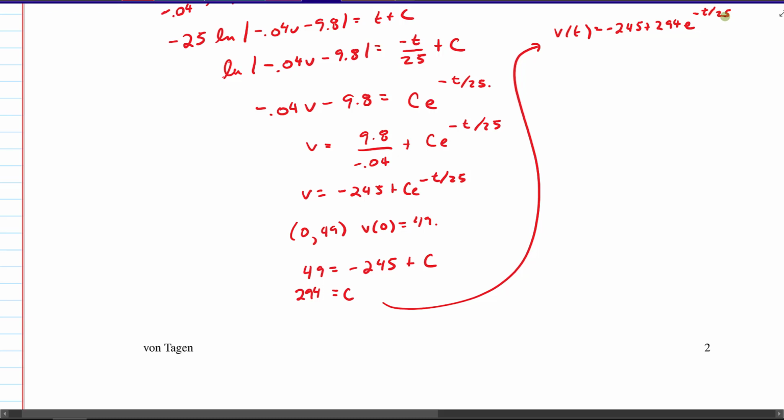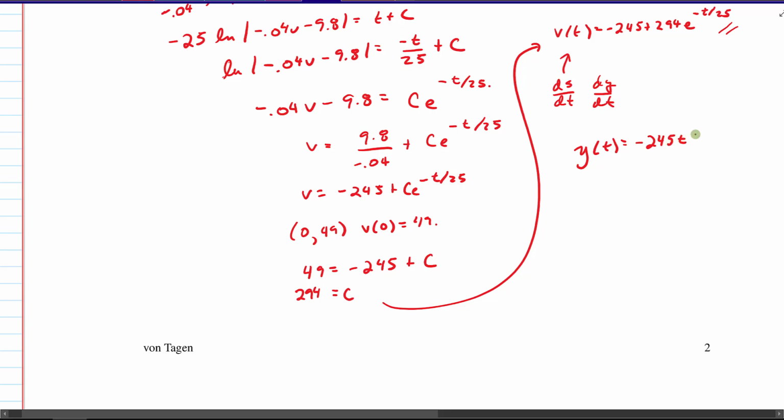And then, well, that's our velocity function. We're all set there. That's good and ready to go. We found the velocity function. But if we want to find the position function, we need to recognize that this itself is a differential equation. This is ds dt, or actually our book would use dy dt. And so integrating both sides again, we get y of t is equal to negative